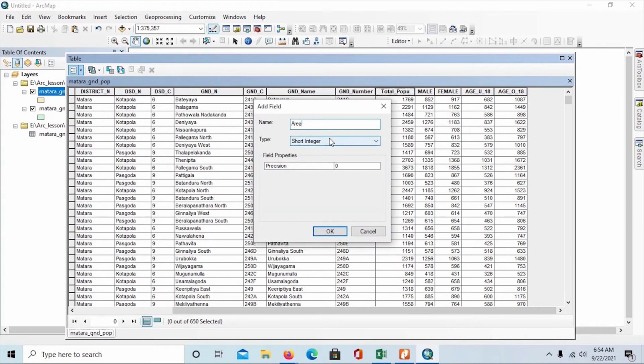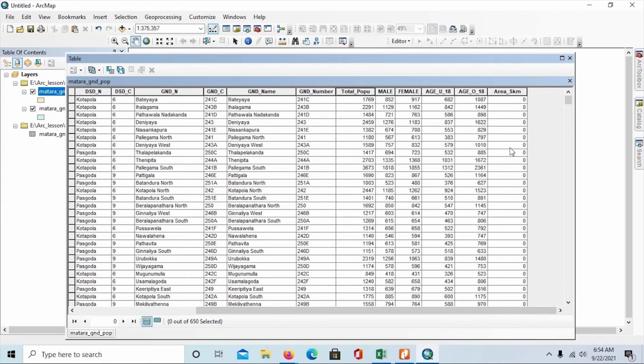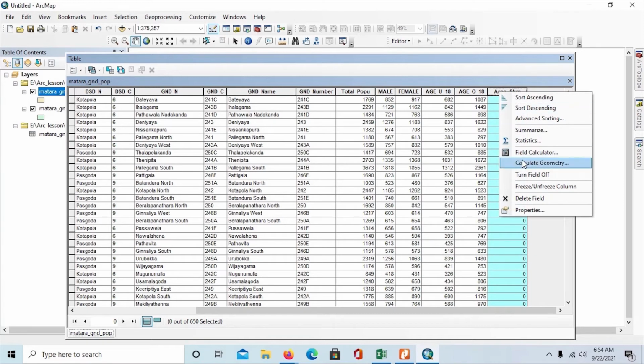area underscore square kilometer, SKM. It can be double, with 10 and 2 decimal places. I will add. Now my area field comes to my table first, and I right click on top of this and select